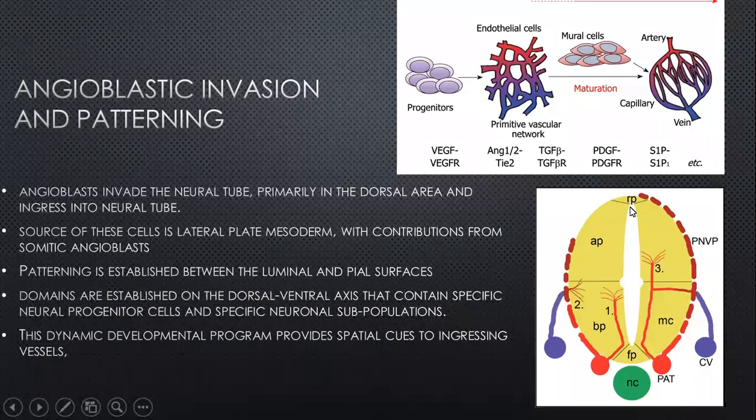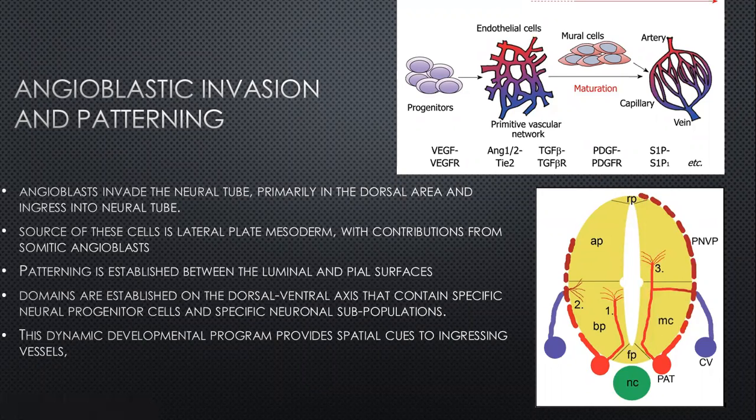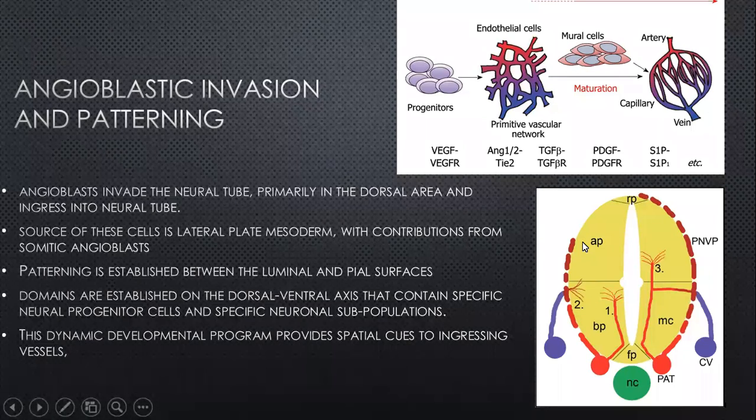Well, now this neural tube is recognizing in itself that it's got a medial surface or the PL surface. It's got a lateral surface or the medial surface, which is the ventricular surface, the lateral surface, which is the PL surface. Similarly, the neural tube is recognizing that there is a dorsal element to it, there is a ventral element to it. So as the neural tube itself is developing this patterning, so do these angioblasts realize that, and they will start penetrating into this developing neural tube. And hence there is this dynamic equilibrium which occurs between these vessels and this developing neural tube.